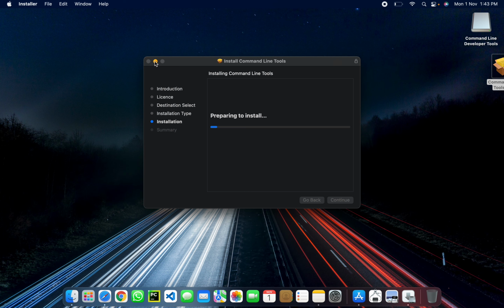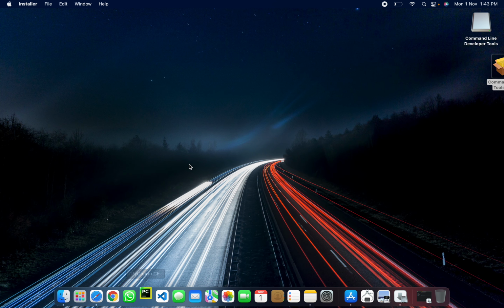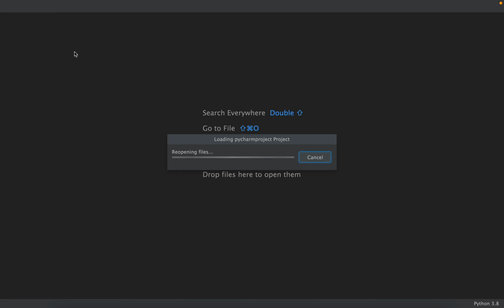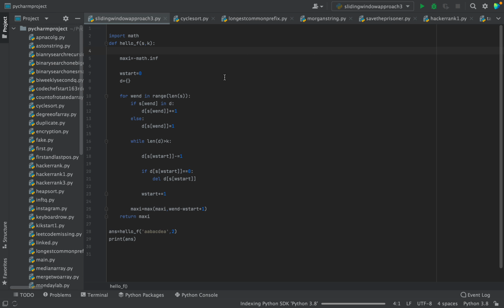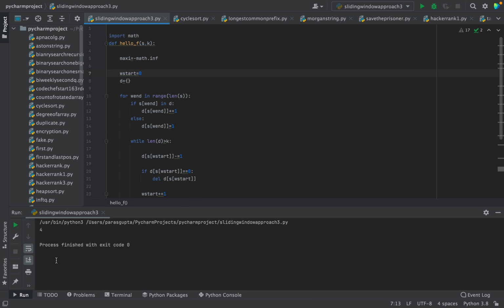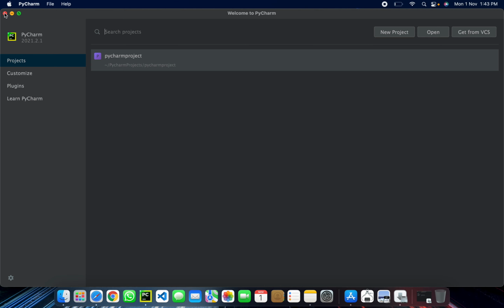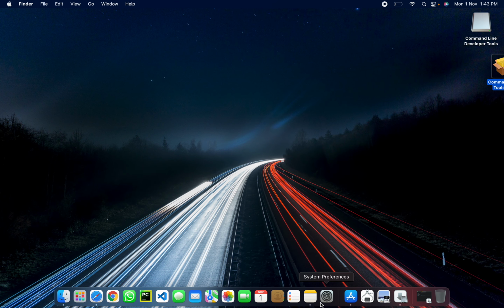After it gets installed, your code will start running fine. I don't want to show that because it will take a lot of time to get installed. Other than that, I would like to show you how your PyCharm is working. So now you can see your PyCharm code. This is a normal code which was not able to run before. It was having the error. Now after I have installed it, the error is resolved, and you can see it's running totally fine. It's giving the output. So your code will run smoothly now after you have installed it.